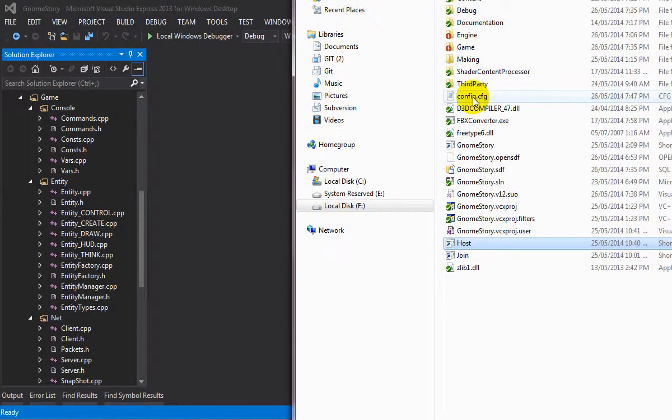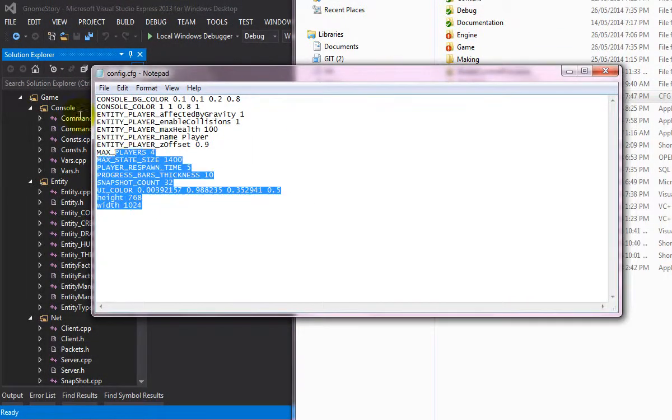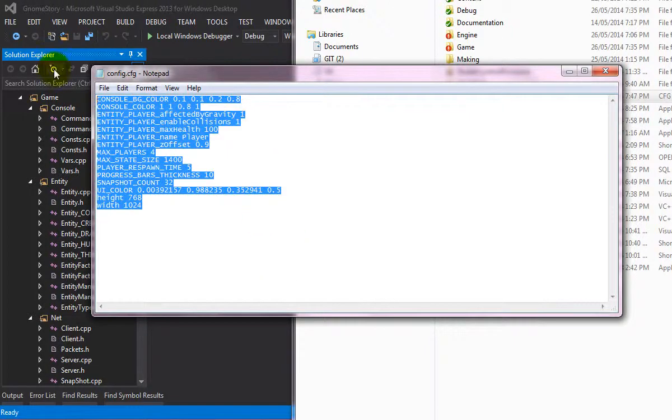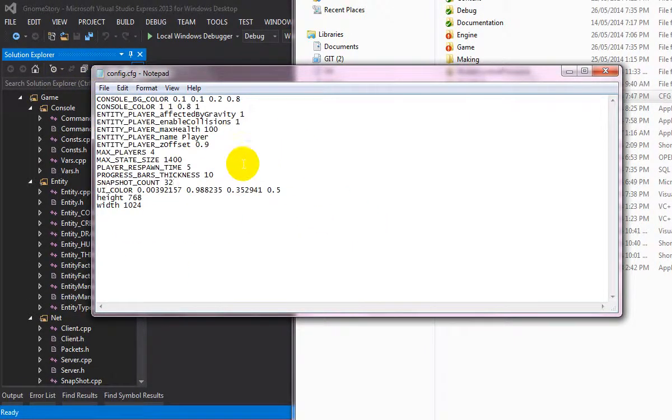What it does is it generates that config file, and you can go in the config file and change resolution and whatnot. Everything can be changed, like the background color of the console, the progress bar thickness, so that's like the health bar and stuff. Just like World of Warcraft, people can customize everything. The console in this game allows you to do this, and this is very useful for my friend designer that is helping me a little bit designing this game, because I'm just coding in this game, I'm not actually designing it. You will want to go through that file and modify things,